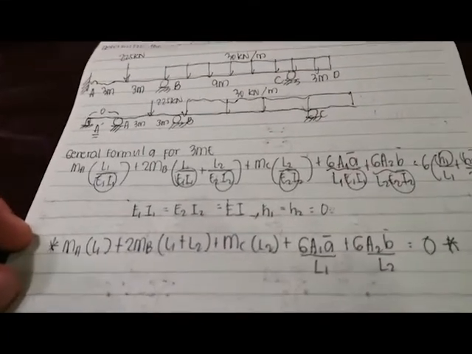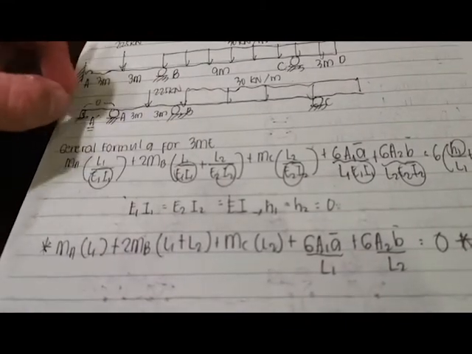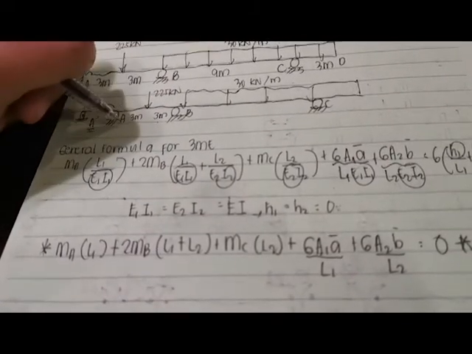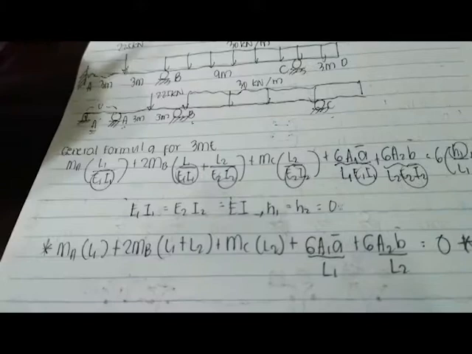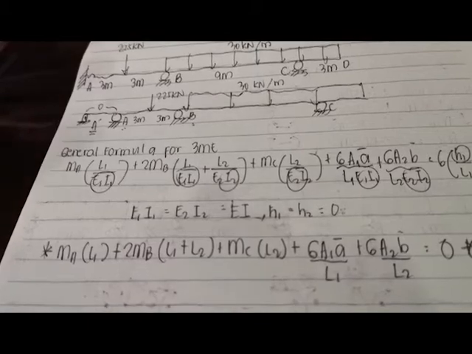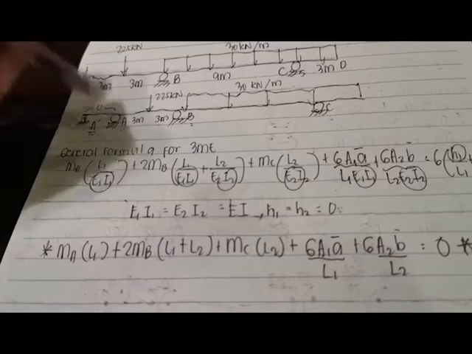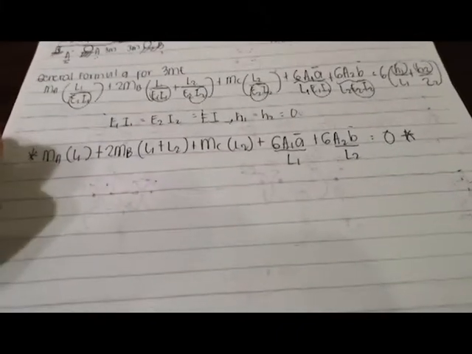So the next thing that we need to do is to choose which 3 points we are going to form. So which three points will we use to make the equation? We have A prime, A and B. We also have A, B and C. Since we should do 3 moment equations on all supports, therefore the 3 moment equation